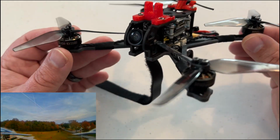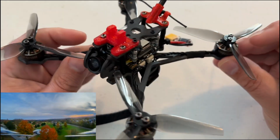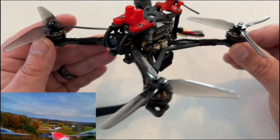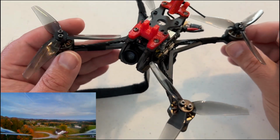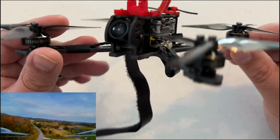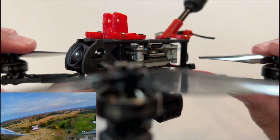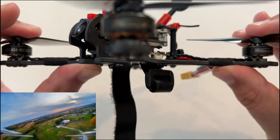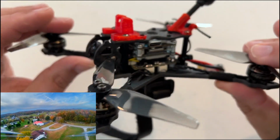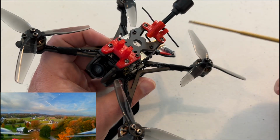But if you don't like props in view, this is definitely not the quad for you. That rhymes. Based on previous experience with Happymodel, their quality is somewhat less to be desired, but I did find with this particular drone itself, as well as the frame, it is chamfered. And the carbon looks like it's got a nice weave on it. It's pretty stiff, but I was overall impressed with the quality of this specific bind and fly versus something like